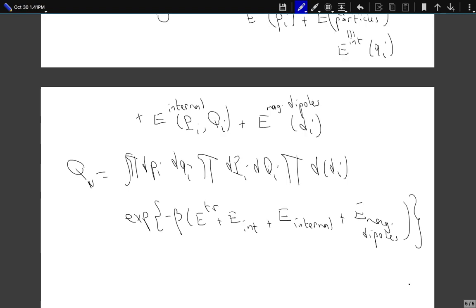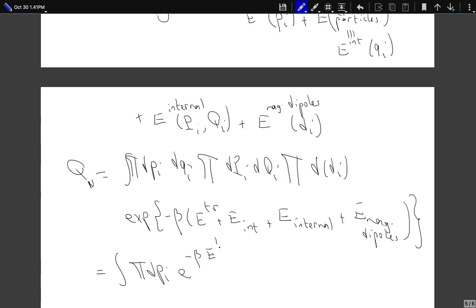But since there are no mixed terms, well, you might end up having mixed terms. In that case, you cannot do this. But if you choose your coordinates and momenta suitably, the number of mixed terms will be reduced. And in certain cases, you can even ignore those terms. In that approximation, I can separate this as